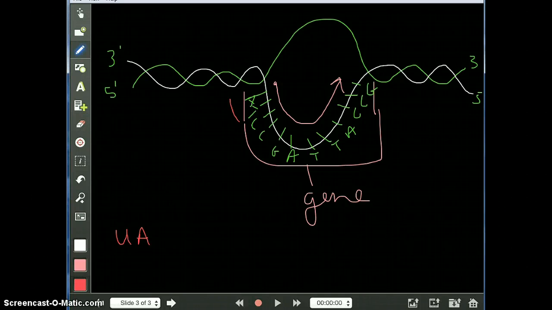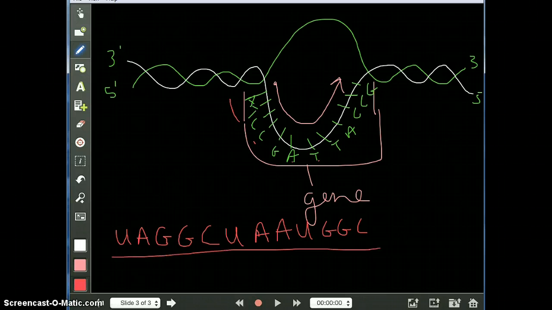Third letter there is a C. What corresponds to that is a G. Fourth letter there is another C, so that would be a G it corresponds to. Fifth letter is a G, so that would be a C. Here we've got an A, so that would correspond with a U. T with an A, another T with an A with a U, two C's and a G, so you got G, G, C. That is now my code or my message